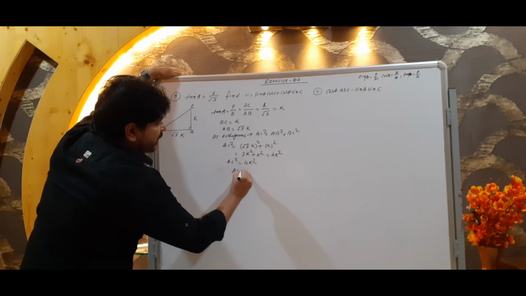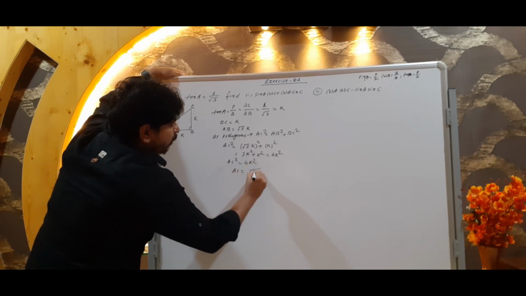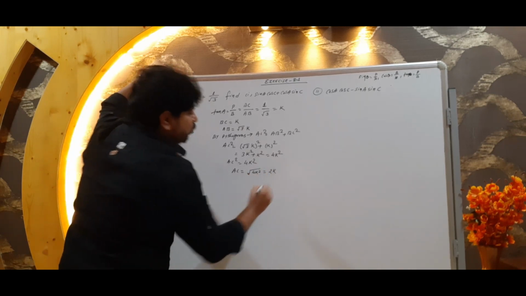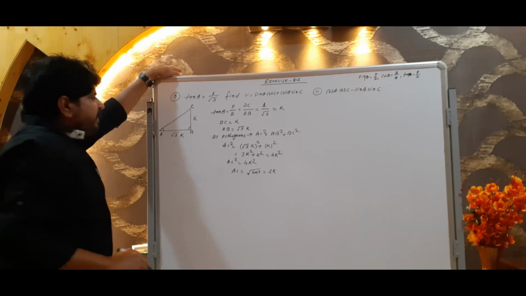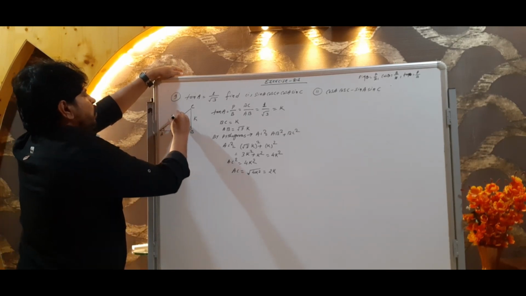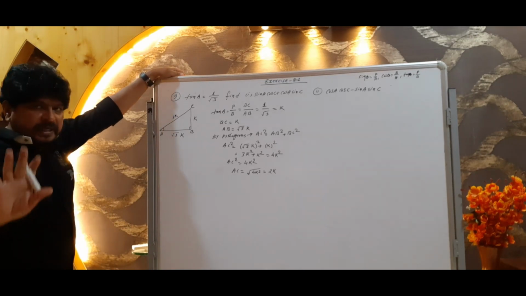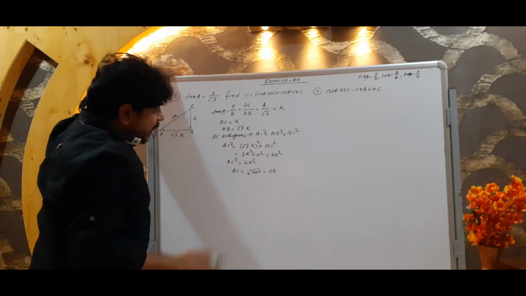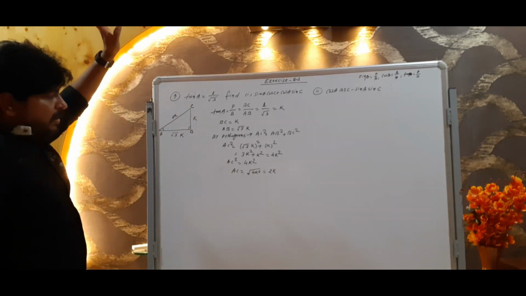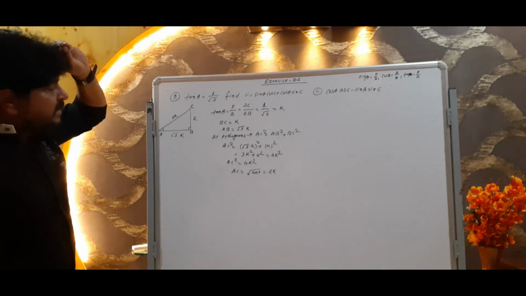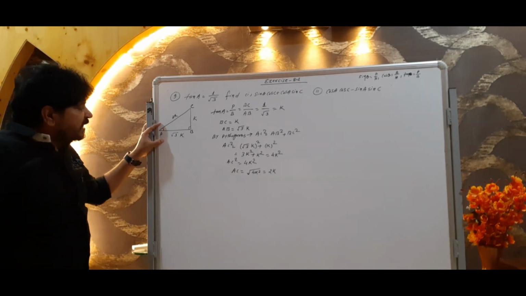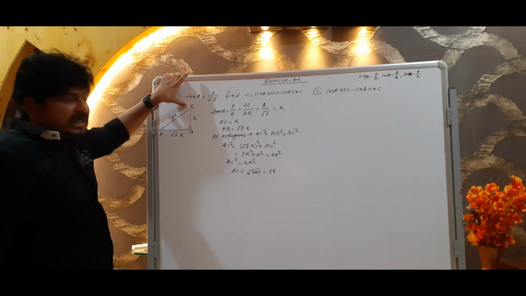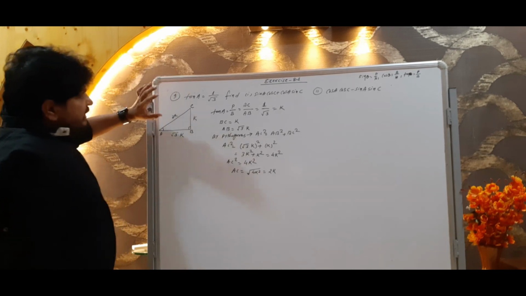Then what would be the value of AC? Under root 4k square. Then what we will get? 2k. 2 into 2 is 4, and k into k is k square. So AC we got is 2k. Okay guys, clear up to here? Any type of problem? I don't think so. Now we will find out the T ratios as per the reference angle A and as per the reference angle C. Now all three sides we got.